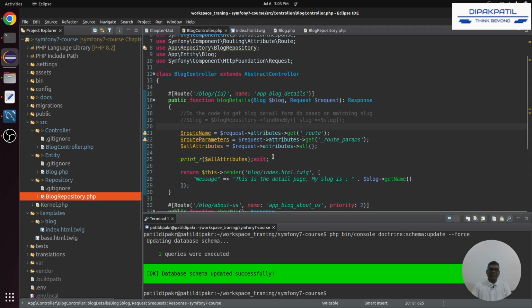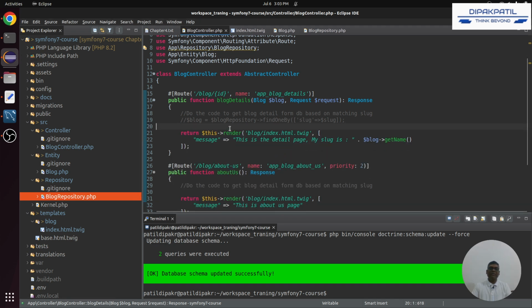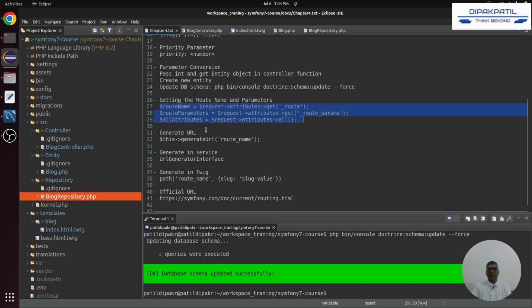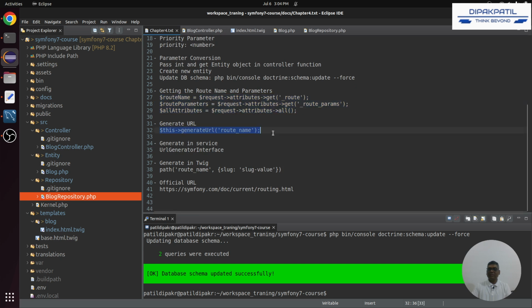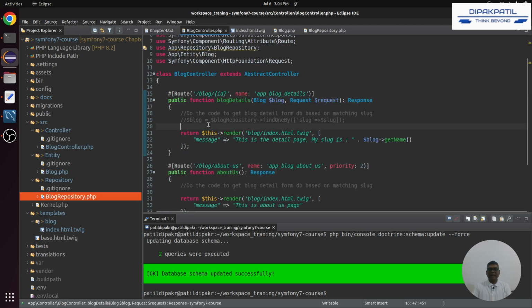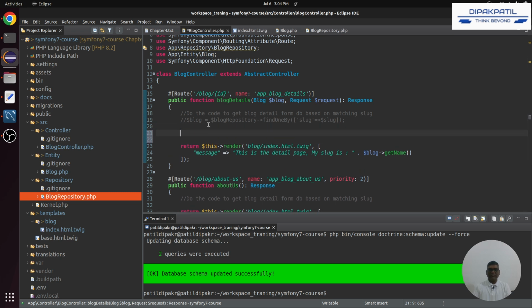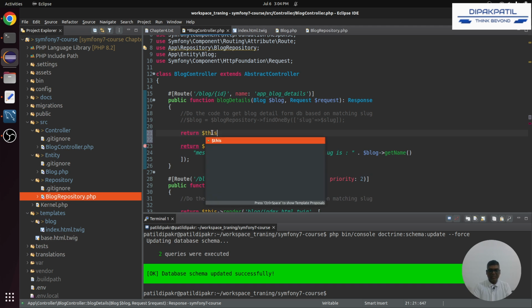Now normally when we deal with any custom services and we want to get the route, this is the common requirement. Before that, let's check how to generate the URL. I want to redirect to another URL, for example, return $this->